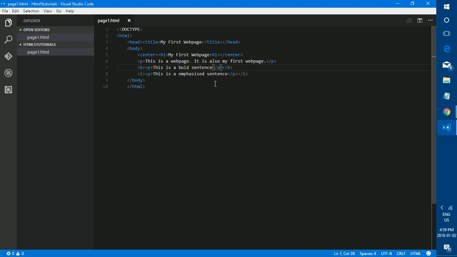Well, semantic means that it actually means something to the code. Like when you see the computer looking over the code, it actually says this is strong, this is EM. It actually stands out in the code. While you use B or I, it is non-semantics. It doesn't really mean anything to the code. While the visual difference may be the same, this is a difference between the strong and B elements and the